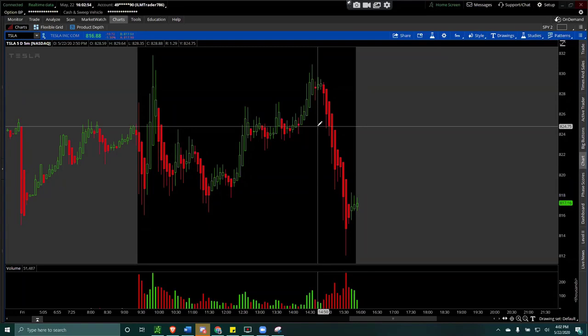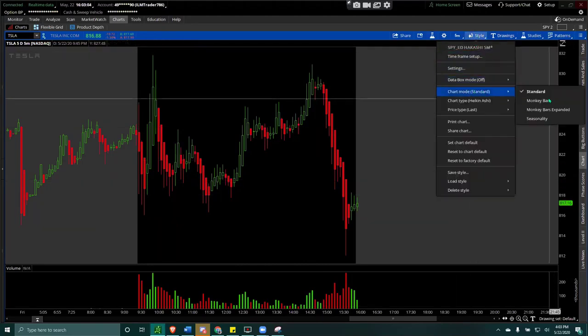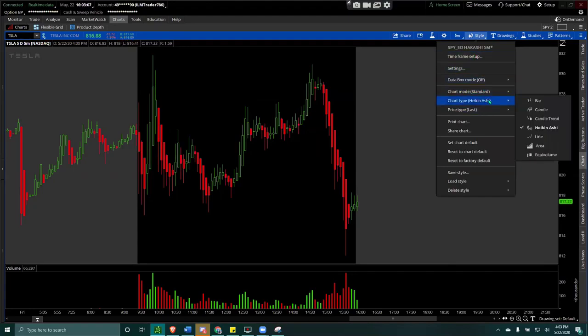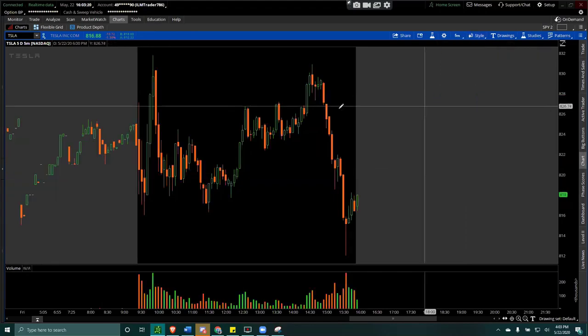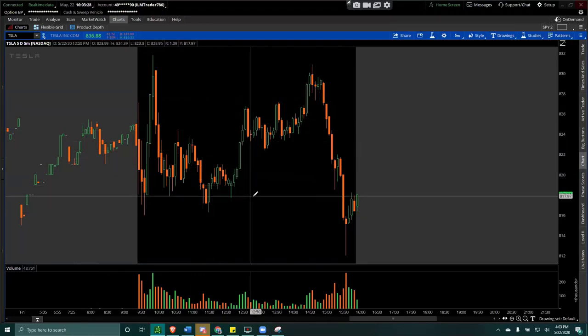So what I have here is a pretty flat chart, right? Usually when you log in, you'll see the most simple format. It's your chart mode. You can do standard, Heikin-Ashi, whatever you want. This is a standard setup with nothing else. You just see volumes and basic charts, right? So what you need to do is have the view here. So this is the view. I'll just leave it here for a second and you can look.